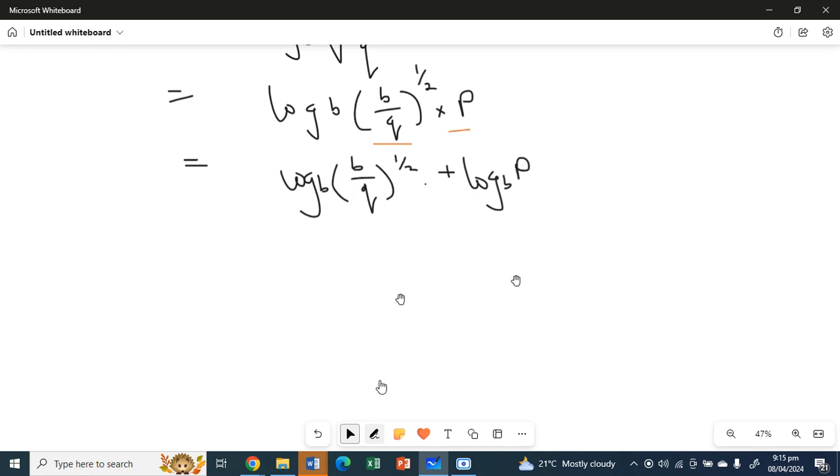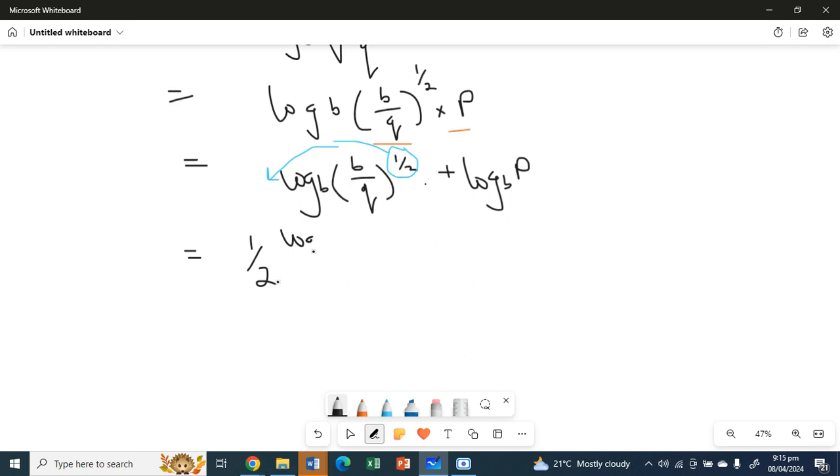So first thing, this power half, we take it this side. So it becomes half log_b of b over q